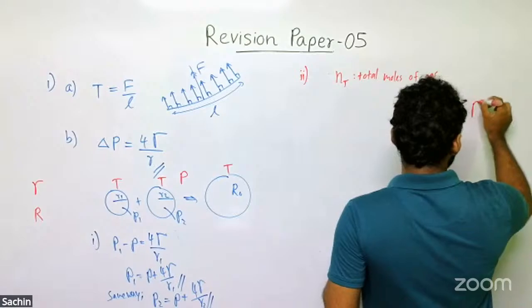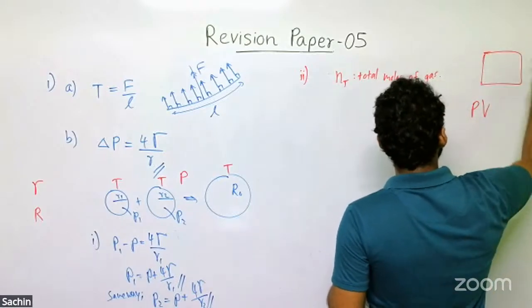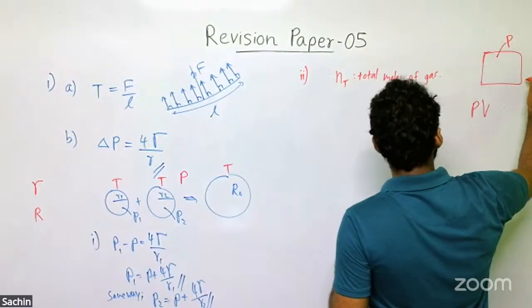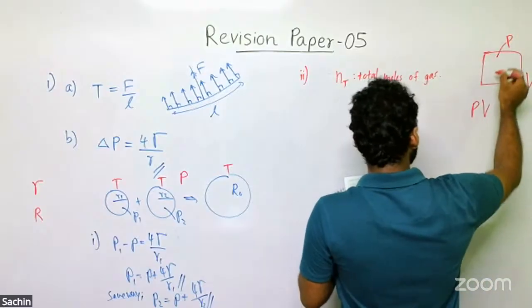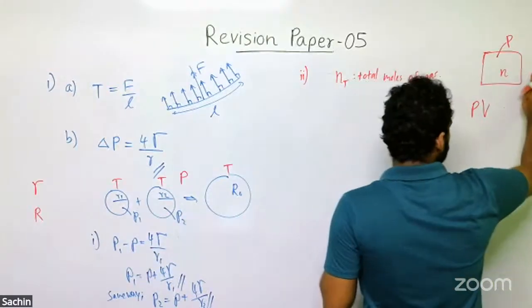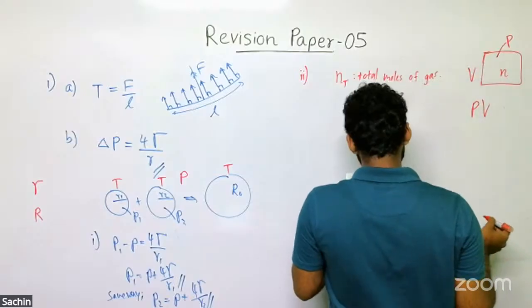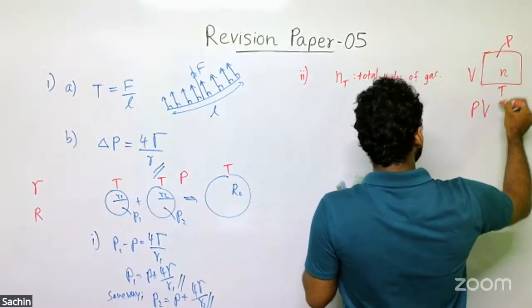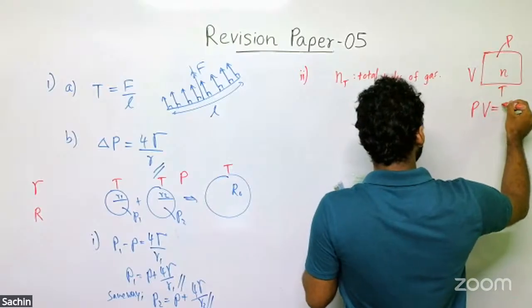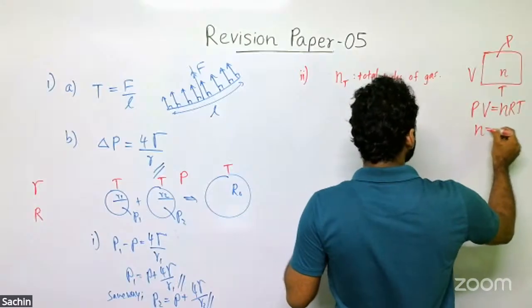There is an equation like this. Okay? For a given gas sample, if the pressure inside is P, if the volume of the gas is V, and if the number of moles of gas, the quantity of gas, is simply N, measured in moles, and if the temperature is T, then pressure times volume is equal to N times R times T. This is a relation. So you can calculate the number of moles just by